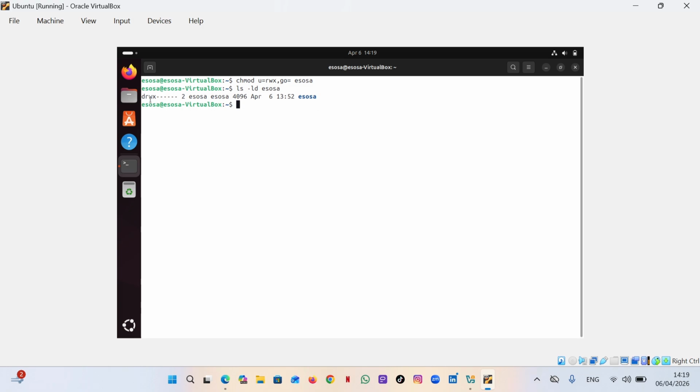See, the owner of the file has read, write, and execute permission, but the group and the other users have no permission. So now let's give the owner of the file and the group read, write, and execute permission, and let's give no permission to the other user. Type